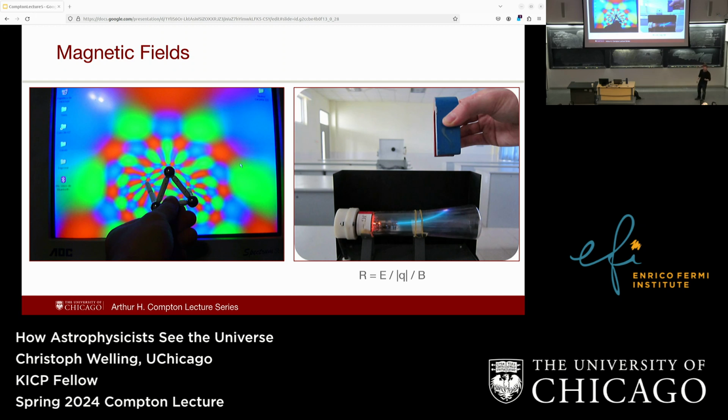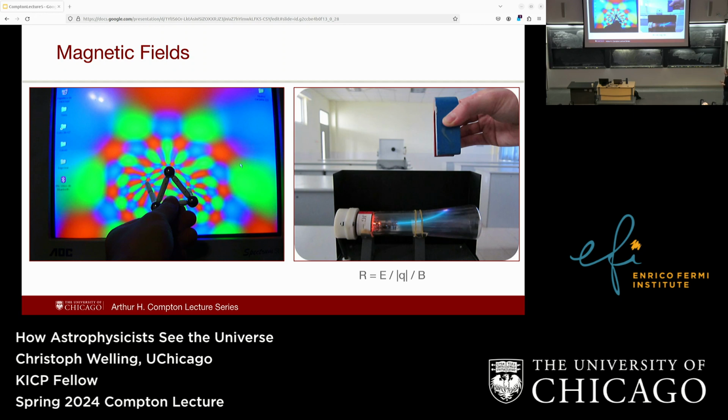So they're charged, and I guess most people here are old enough to remember a time when not every TV was a flat screen. Back then, if you had a magnet and you held it to your TV, it would mess up the picture, and you see these funny colors. The reason is that in the back of this TV, there was a little gun that shot electrons at the screen, and if you had your magnet in front of the TV, then that would deflect these electrons, and they would just hit the wrong pixels, and that's why your picture got all screwed up.